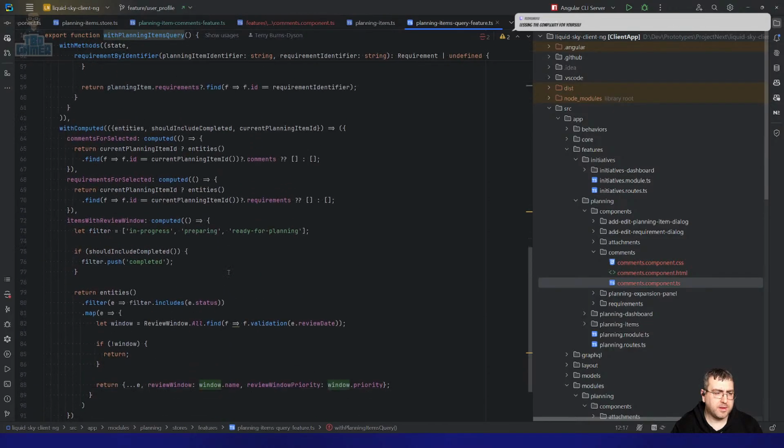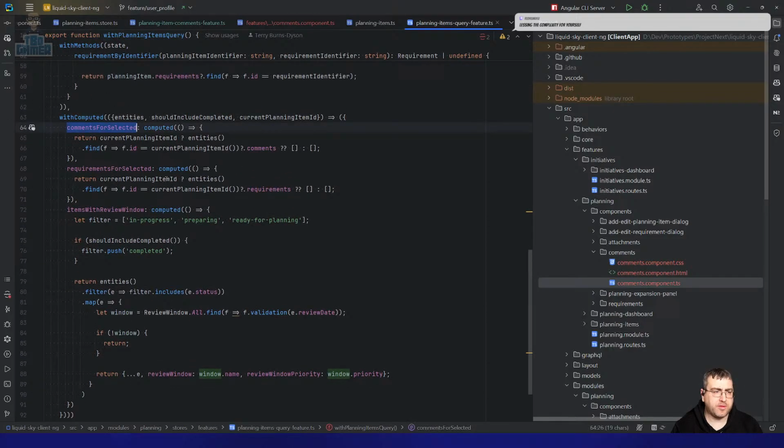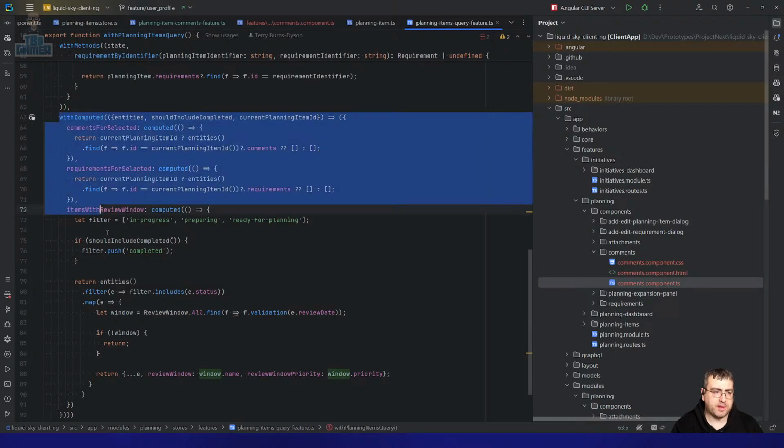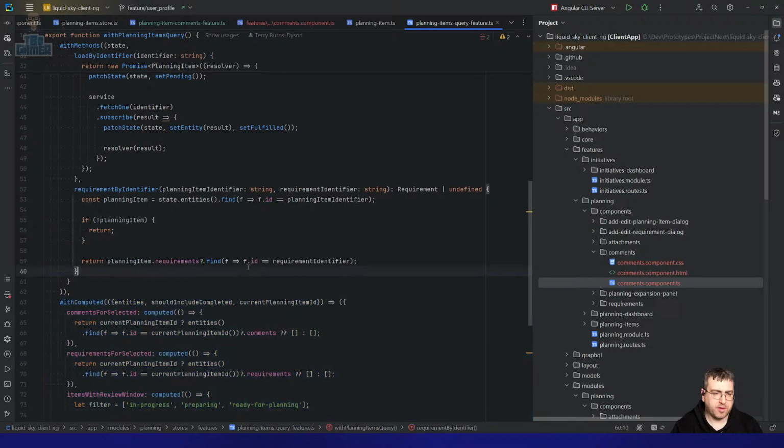Yeah. So I had computed comments were selected. So this was working nicely when I've selected a single item, but now in this new style, I can't do this, right? Obviously, all these are pretty much redundant once I've got rid of the code for them, but